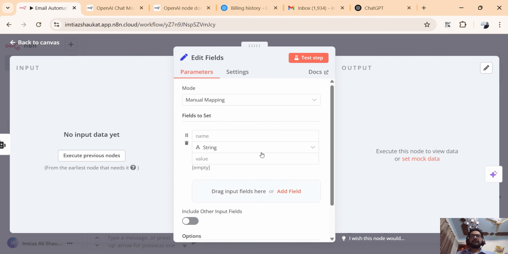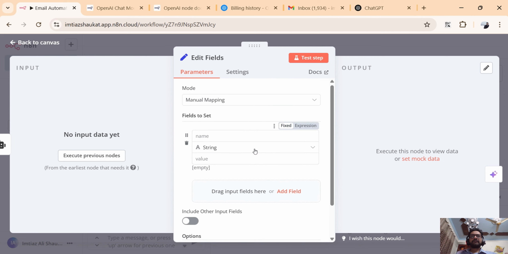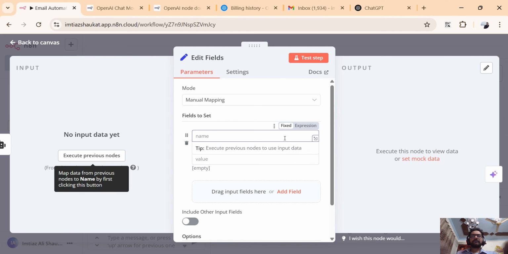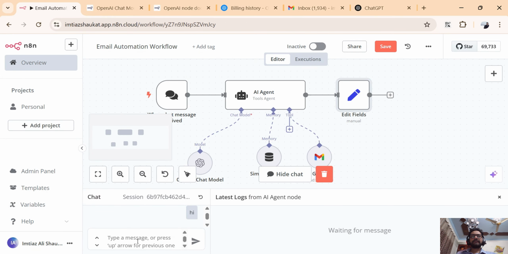We need to add a variable, and here we need to select it as output, right? We set it as a string, and its value would be, let's get this value from this by sending a message here,